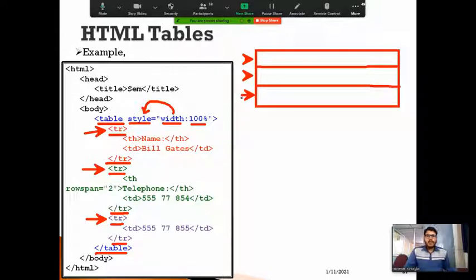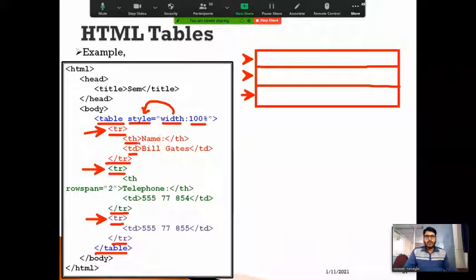Within rows, within the first row, I'm going to define a th and a td. th means table heading.